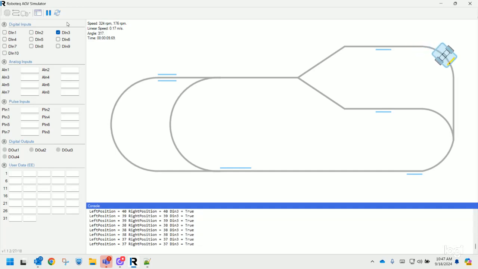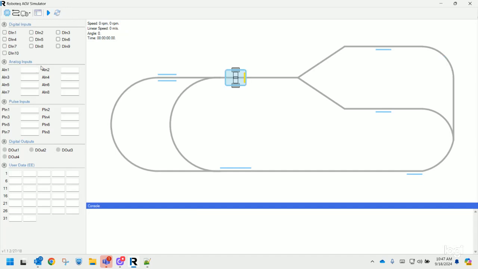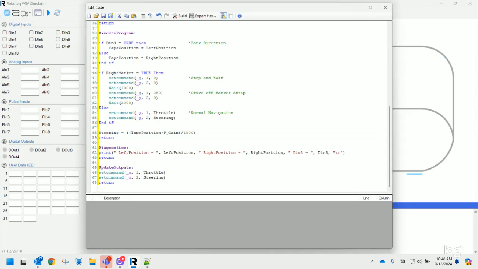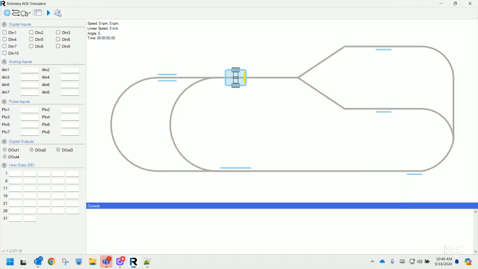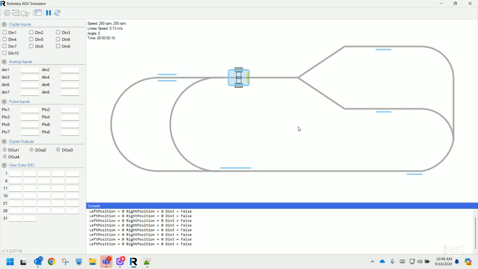The one thing I probably would adjust is that wait right there of the 2,000, which is right here. I might make that down to 1,000 because we're off the strip long before then. And now when I run it, it should, again, wait a period of time, and then once it drives off, go back to normal navigation. This time I didn't do my digital input 3, so it's taking the bottom track, but I should see the